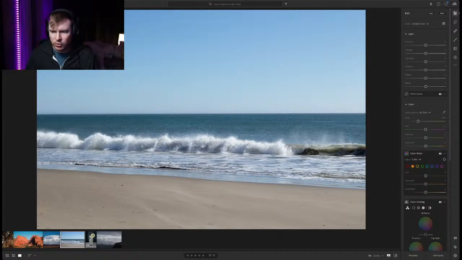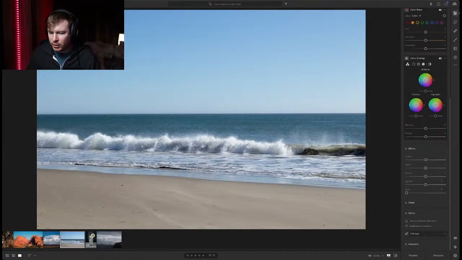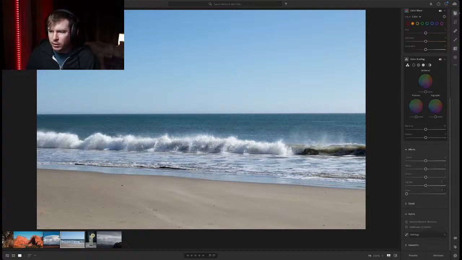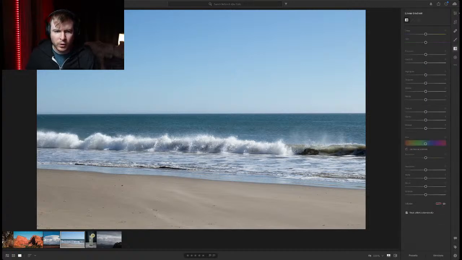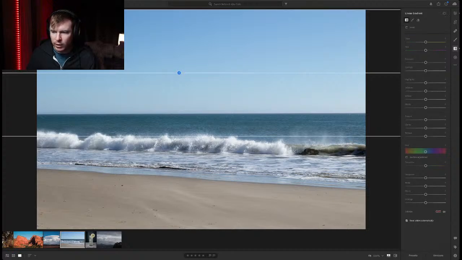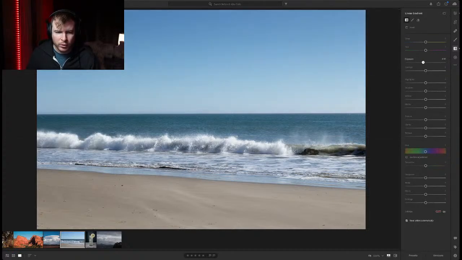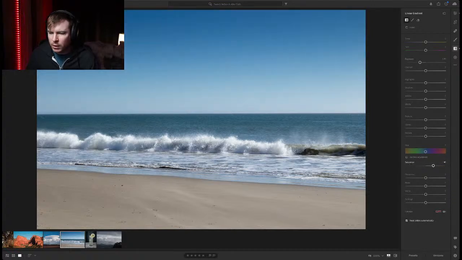So the first thing I'm going to do is I'm actually going to darken the sky a little bit, and I'm going to use the gradient tool over here. So I'm just going to drag that down. I'm going to hold on shift to make sure it's an even straight line to right about there, and then I am going to reduce exposure slightly, and I'm also going to boost saturation in the sky a little bit too. I might even bring up the highlights just a little bit just to kind of restore some contrast in the sky,